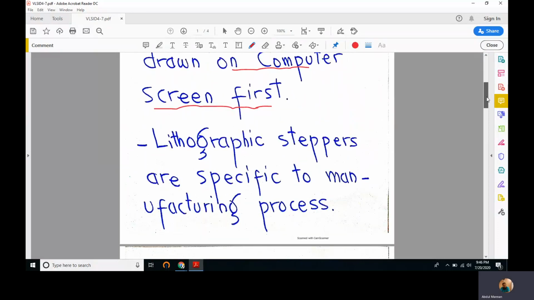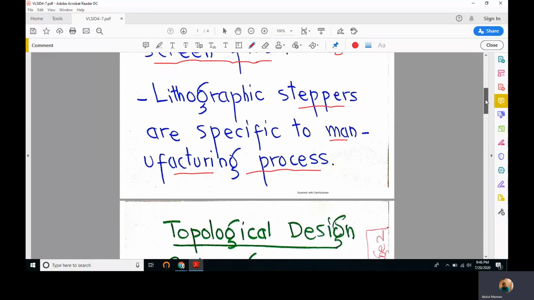The lithographic stepper motors that are used to rotate silicon wafers clockwise or counterclockwise in order to perform certain operations related to lithography, etc., are specific to the manufacturing process. So if the manufacturing process changes, we have to change the hardware, right?